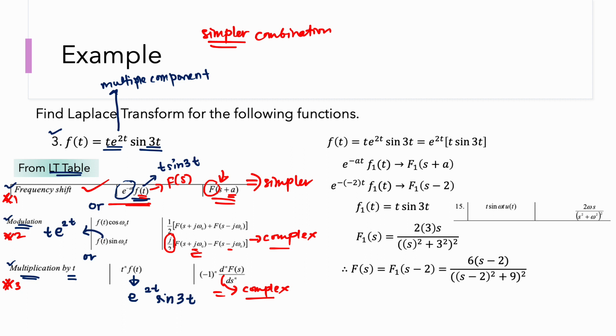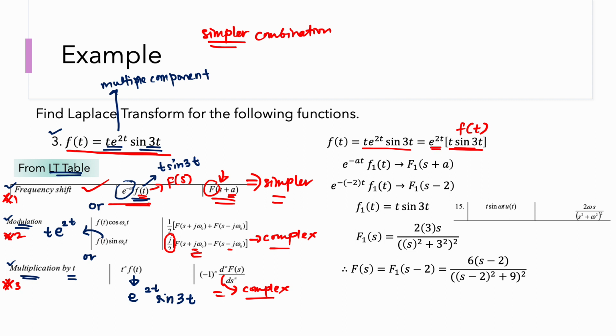So please make a wise decision when you have combinations or multiple components inside your equations. List out the possibilities and then try to choose the one that has a simpler calculation or simpler combination. Based on our judgment here, the first method is much simpler, so we're going to use the first method. So we will decide that this is our f(t)